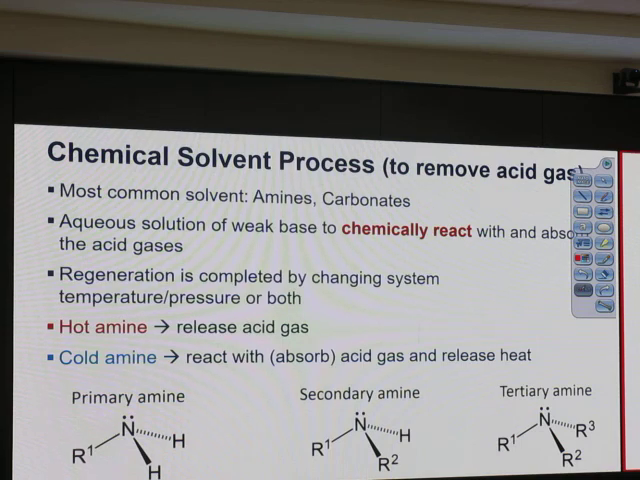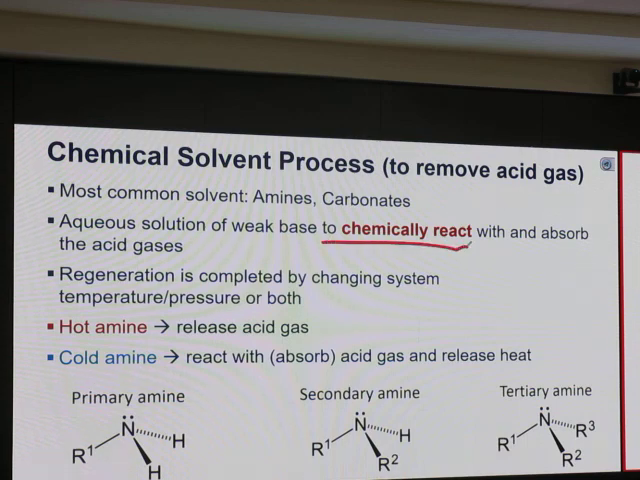Most common solvent is amine carbonate, an aqueous solution of weak base. So it is a base, right? Base reacts with acid. It chemically reacts and absorbs the acid gas. Regeneration is completed by changing the system temperature and pressure. So when we use it, it is cold. When we want to regenerate it, we heat it up. Okay? So when we heat amine up, when it's getting hot,